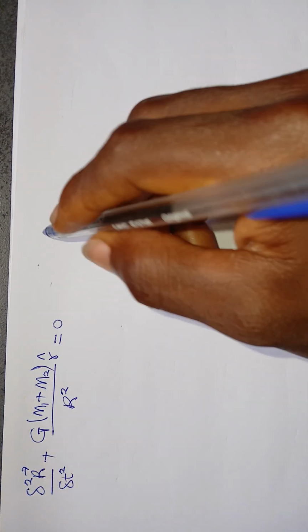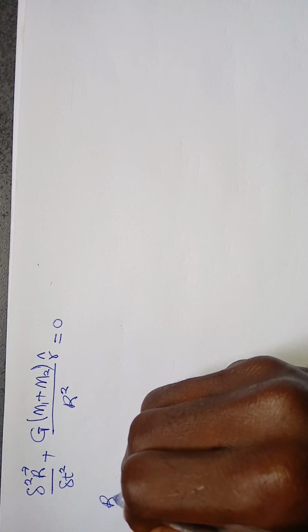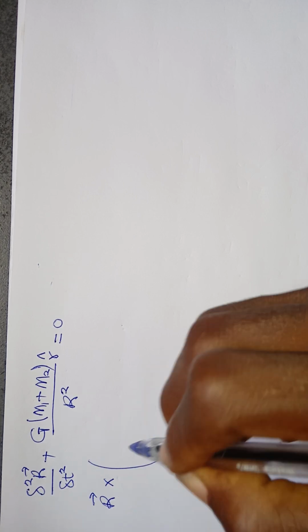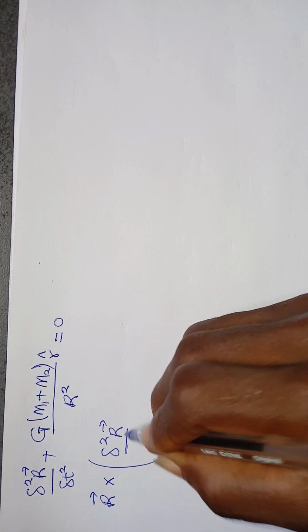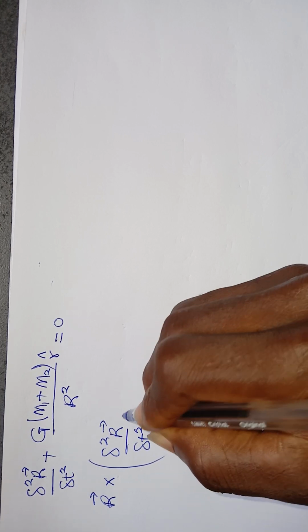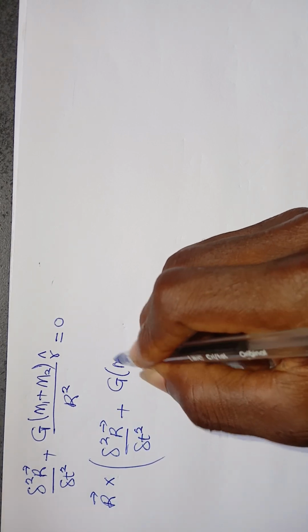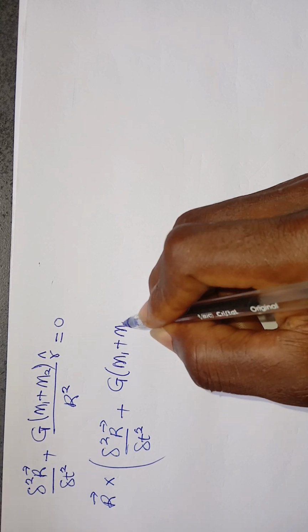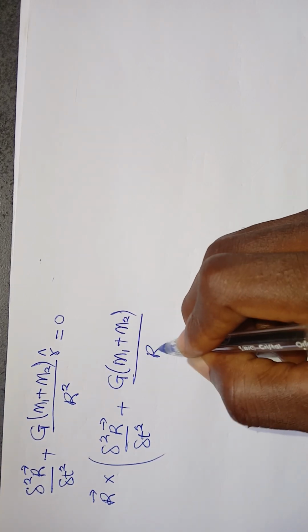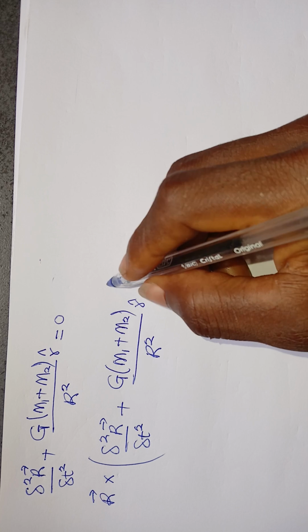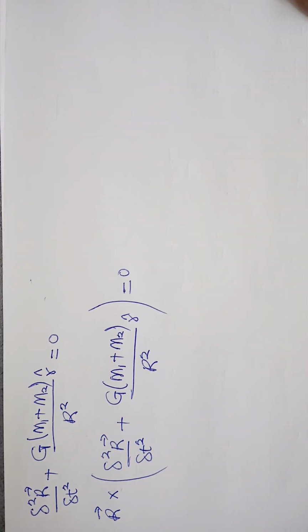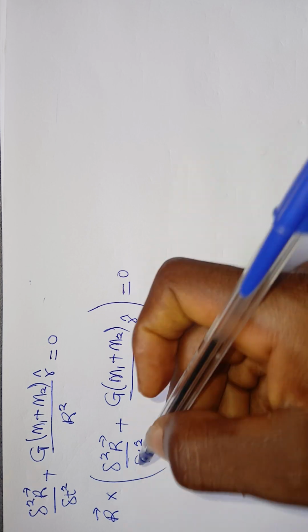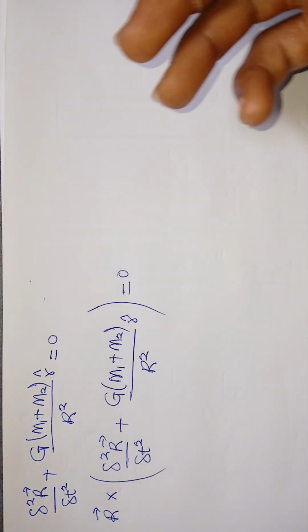To take the cross product, let's pick the position vector r and cross it with the whole equation here: d squared r, dt squared, plus capital G (m1 plus m2) divided by r squared in the direction r roof, giving us 0. So the cross product is a tool that we can mathematically use to proceed with our proof of the elliptical